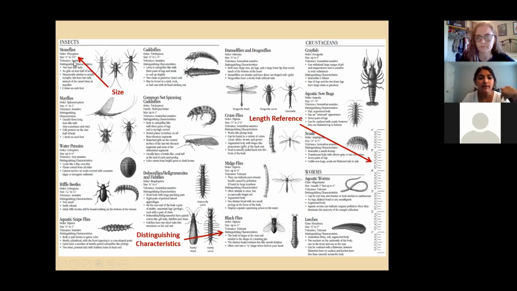Not only is size important, but different characteristics, the number of tails that they have, how many appendages they have, if they have an armor around them or what. So this really just goes into more detail of the things we are looking for when it actually comes to identifying the macros.